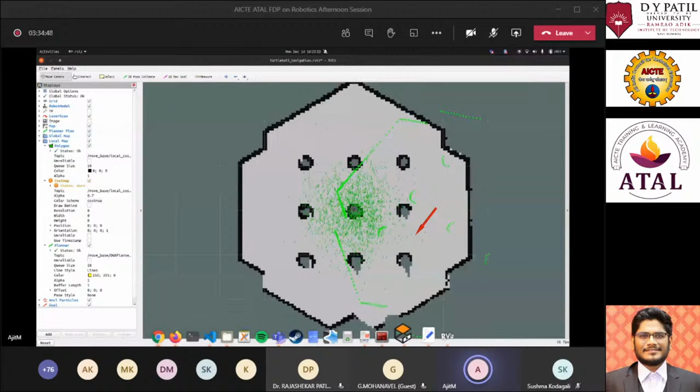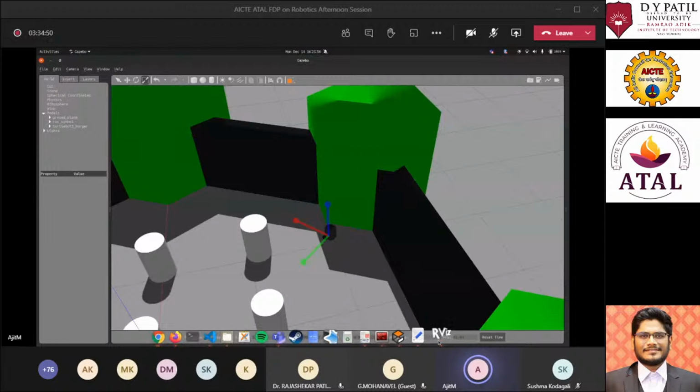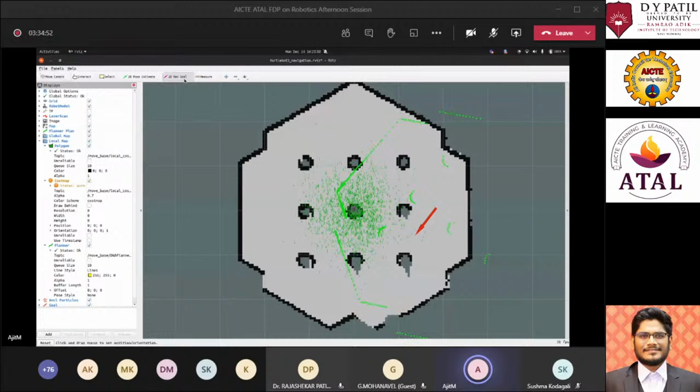If we go back into the Gazebo simulation, add one more. Let's see.